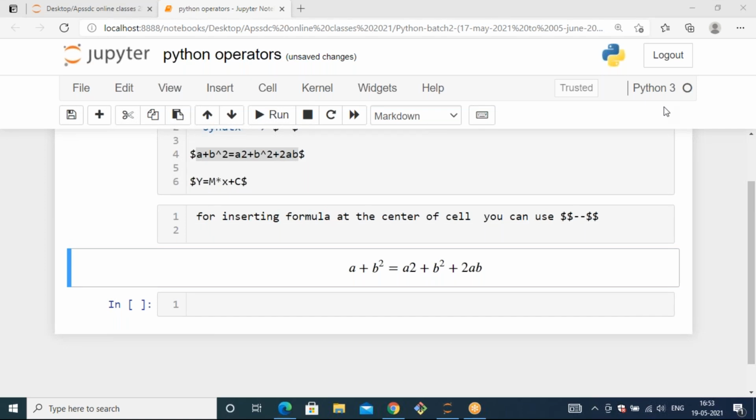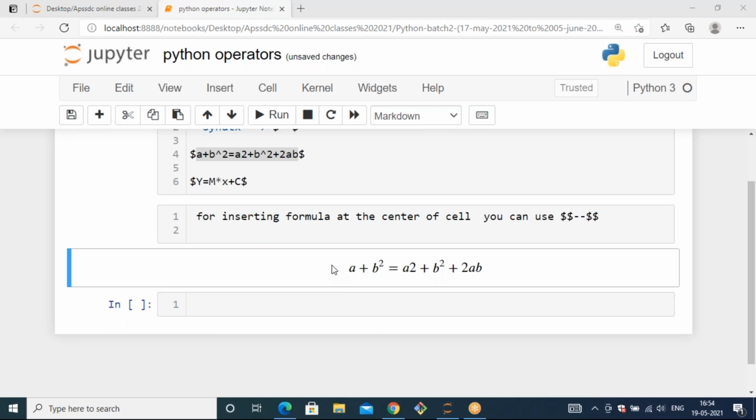If you want to show the parenthesis also, we need to follow some deeper markdown syntaxes. But when you see this, it is simply understandable by the users. It is a formula related to a plus b. But if you want to keep the parenthesis in the place of a plus b whole square like this, you should know the inbuilt markdown syntaxes. That is huge, so I'm not going into it.